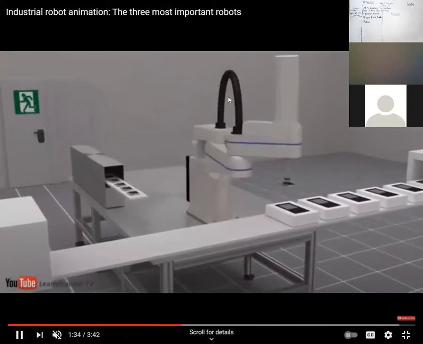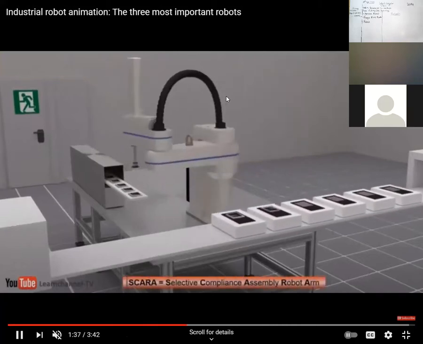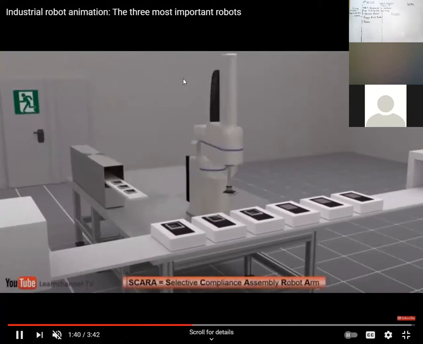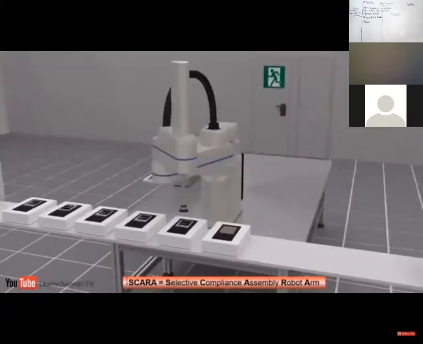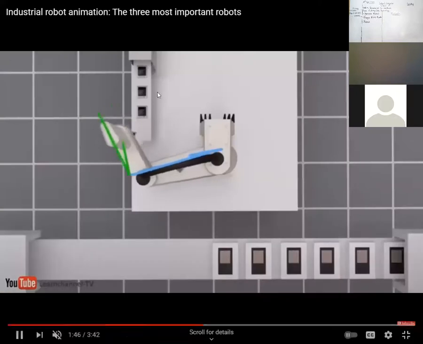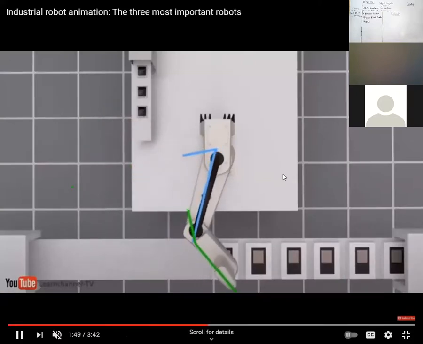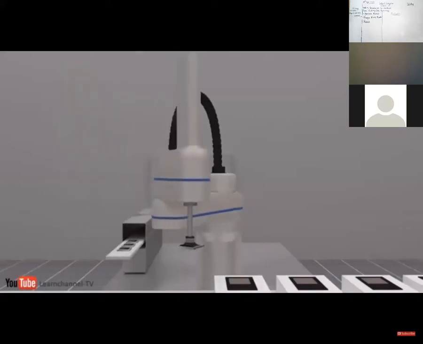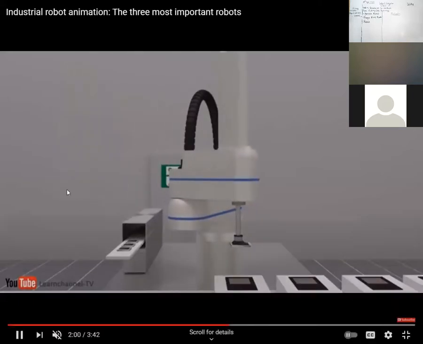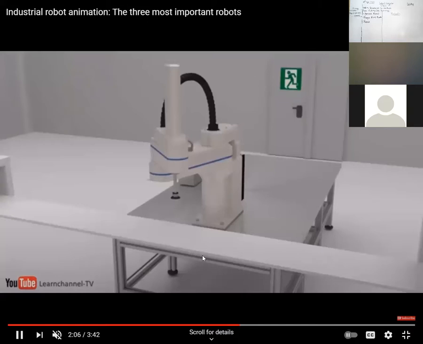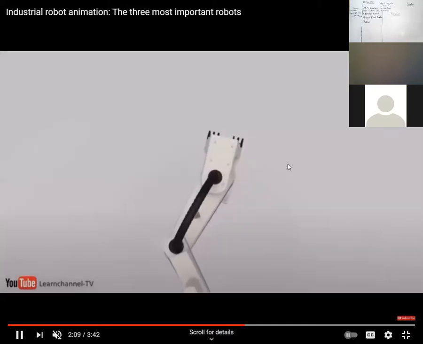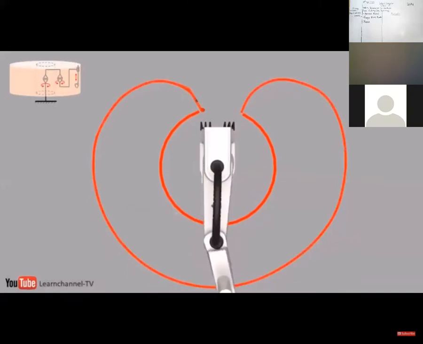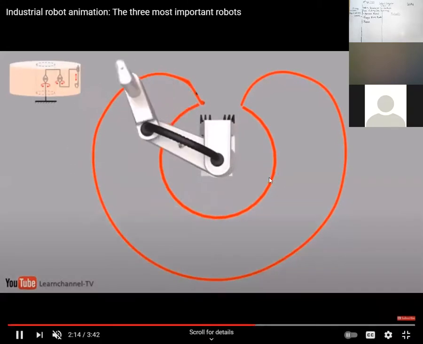And this is another robot which is putting something on the boxes, right? In this way, a robot can work. And there is another robot now. Okay, they are showing you the movement. Back and forth movement, means rotatory motion. It will take the product from there and then it will go to the other side. So in this way, we can say how a robot works in this position.